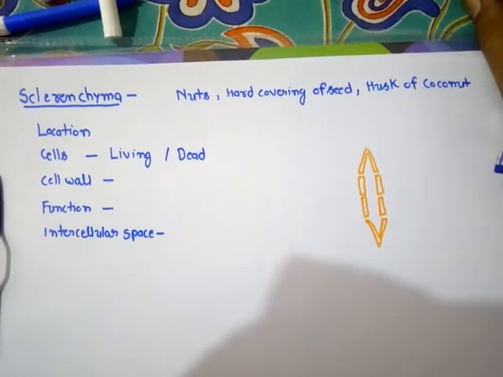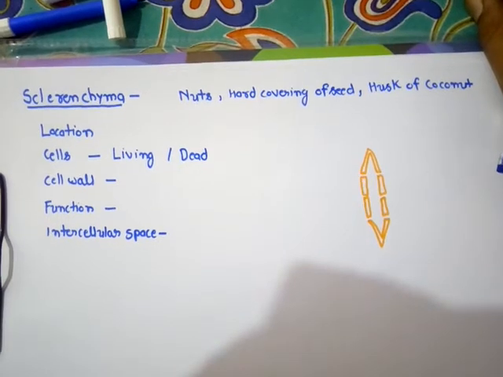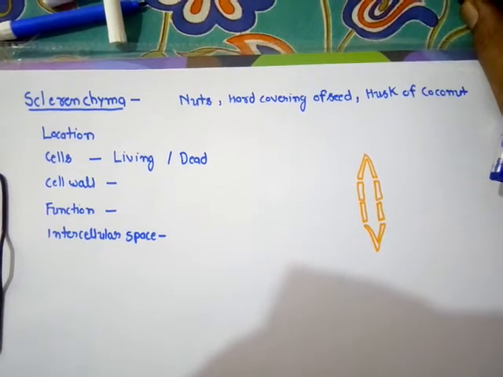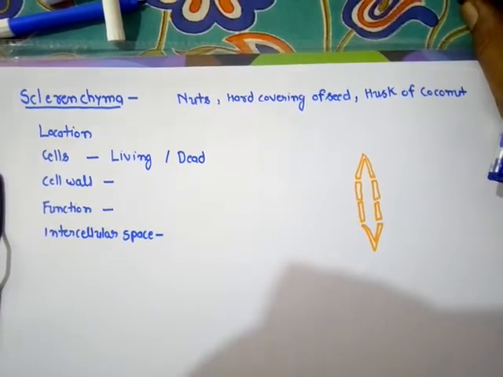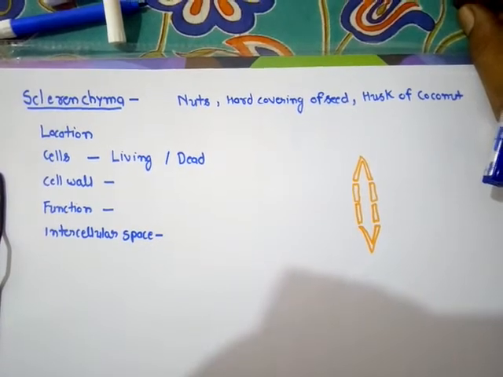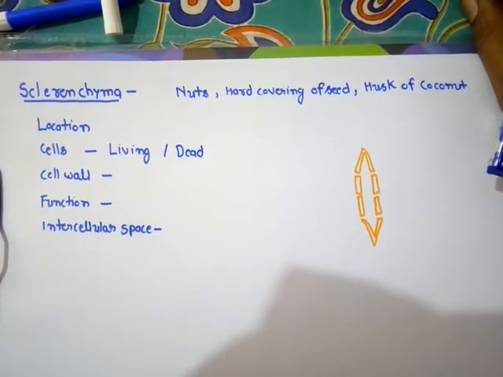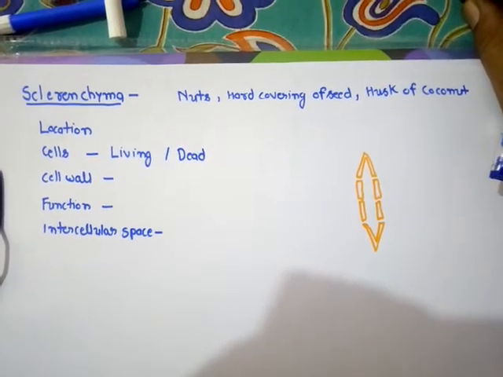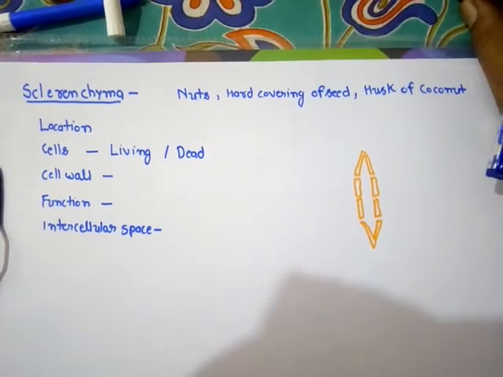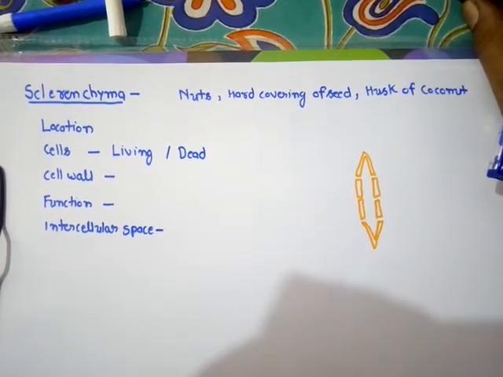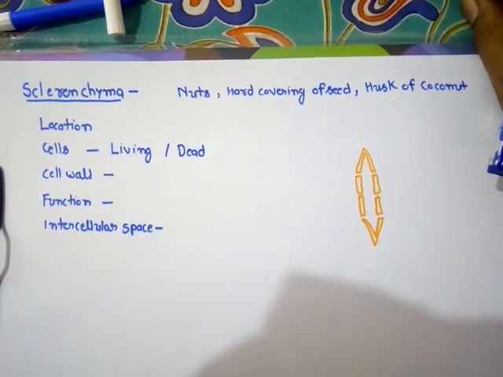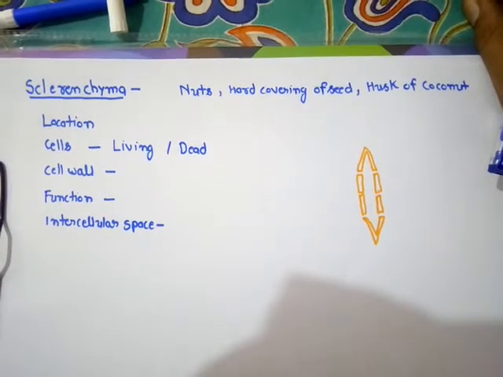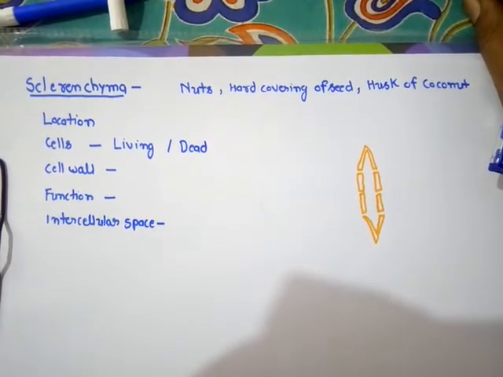The tissues on the basis of occurrence can be grouped into two categories. The tissues of plants are called plant tissue and tissues of animals are called animal tissue. Now, depending upon the division capacity, the plant tissue can be grouped into two categories: meristematic tissue and permanent tissue. The permanent tissue, whether they are made up of single type of cell or different types of cells, are divided into two categories: simple permanent tissue and complex permanent tissue. The simple permanent tissues are those plant tissues that are made up of single type of cells.